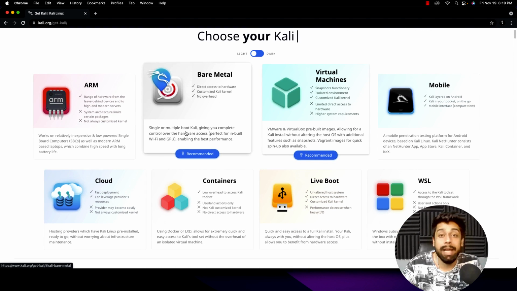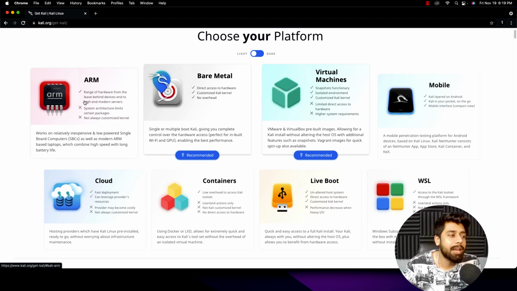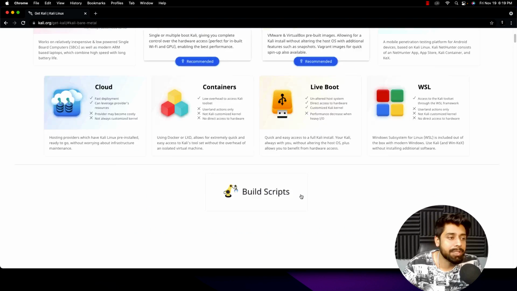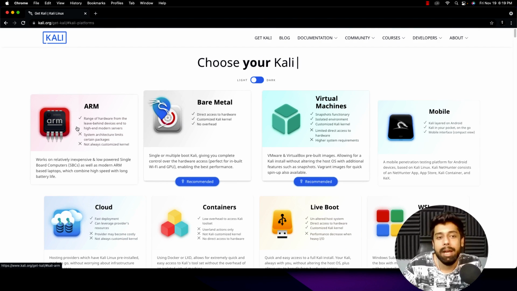First of all, you need to know which installation fits your need. First, they have the option of ARM. In ARM, you have Raspberry Pi kinds of options, where you use external hardware, where it is easy to attach the processor or maybe the monitor, like Raspberry Pi external hardware. So this is for them.